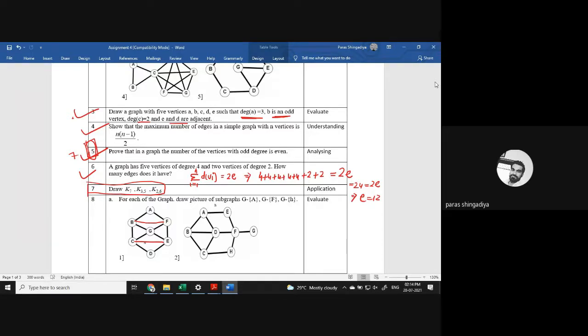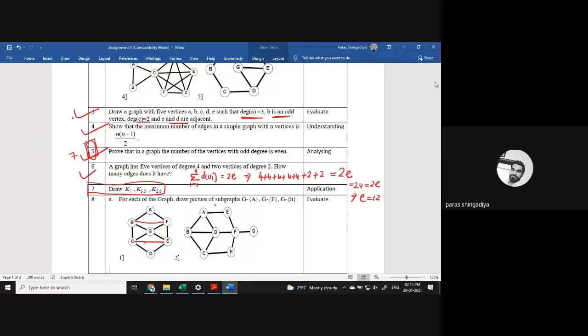Uh, 6 is done, and let's consider question number 5 here because that was remaining. Okay, as per the old assignment sequence, that question was placed at 7th number, so that was remaining. That is one of the theorems that we already did in the lecture. That question remains. Just write after this question. Just write this way. 7th is already done. We already created the complete graph and complete bipartite graph.